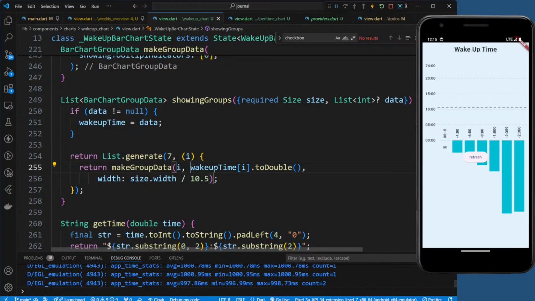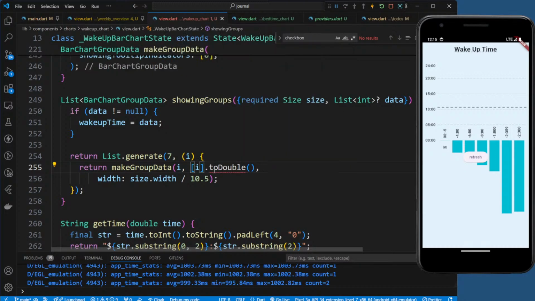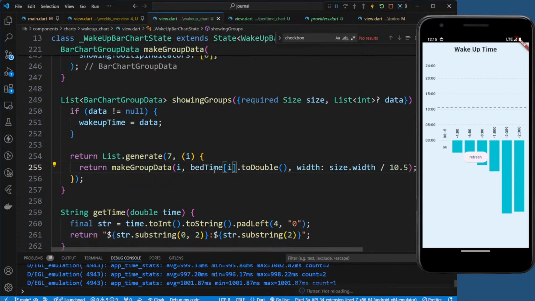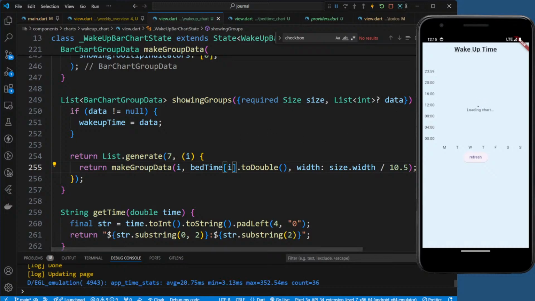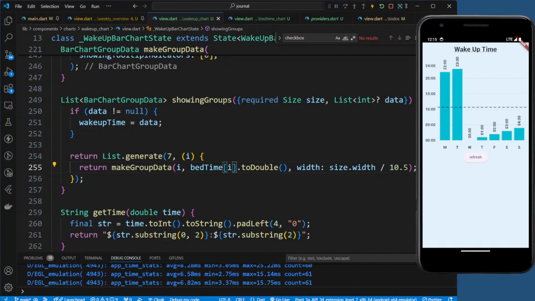This one, if you do bedtime, right? If you see this bedtime current light, will we get an issue? No. This one, the 10 o'clock and 11 o'clock are higher and this is lower, right? But they should be in the opposite way. So what we can do here is